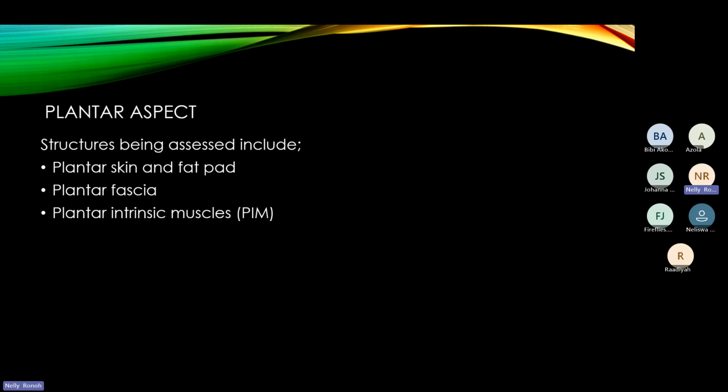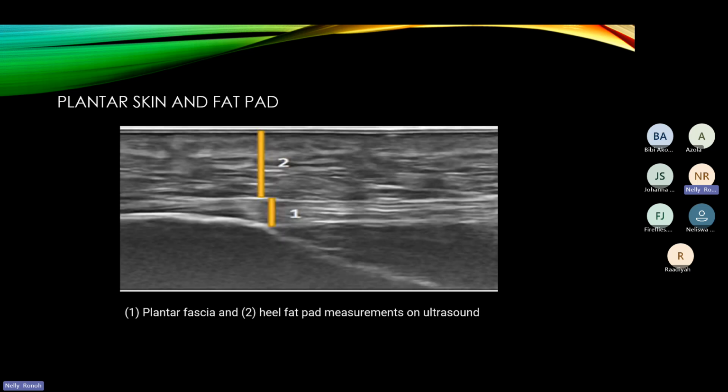There are so many, there are like 10 of them. So we don't really measure a lot on the muscles, and they're also very thin. But in this case, what we want to see is the plantar fascia itself, because that is where we get a lot of inflammation. So as you can see from this image, when you put your probe at the sole